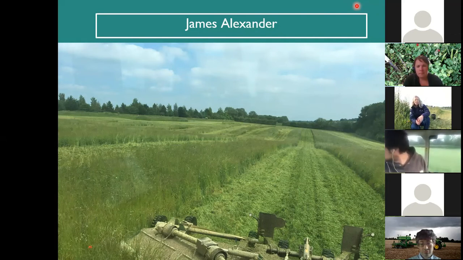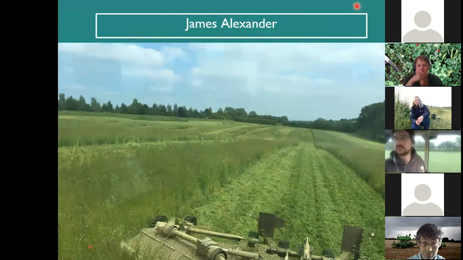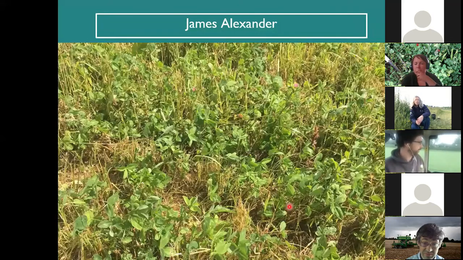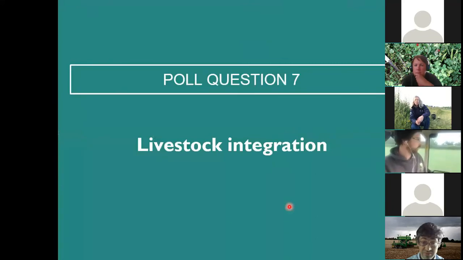But these sorts of things are slightly more difficult to measure, and the amount of complicated and different carbon species that you get coming out of the roots of these very different mixed species means that you get lots of different types of chemicals. You therefore are able to feed a larger number and diversity of different microbiology, and so you tend to get a more diverse and interesting soil microbial community, and that tends to give you ultimately a healthier soil. But it is a waiting game as well, and we're not going to get changes in 1 year, which is why we're really keen to see what happens over 2 years and then over 3 years.